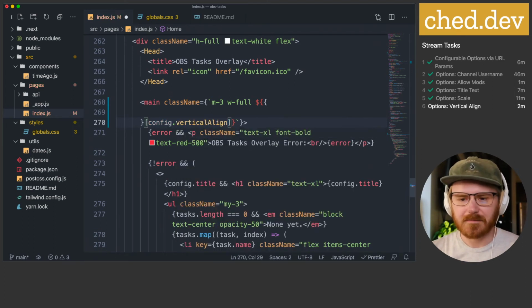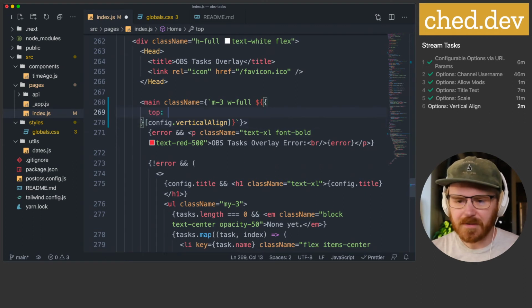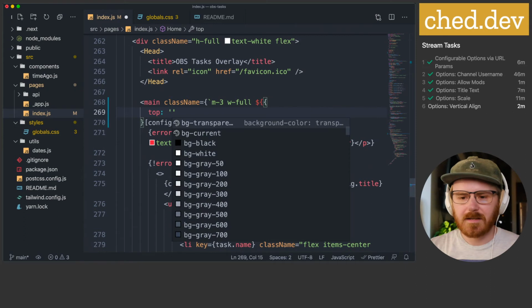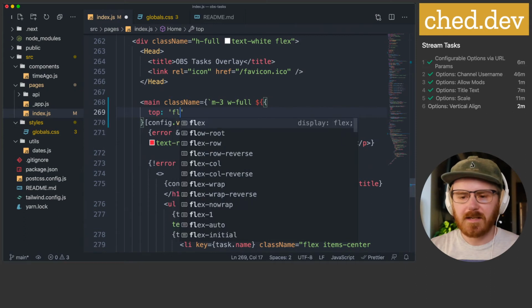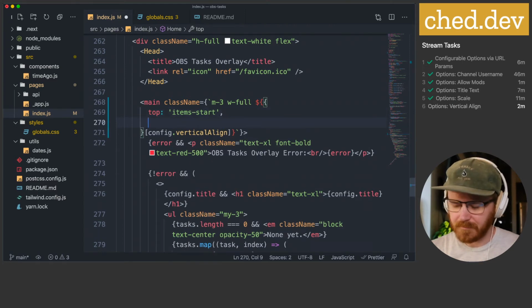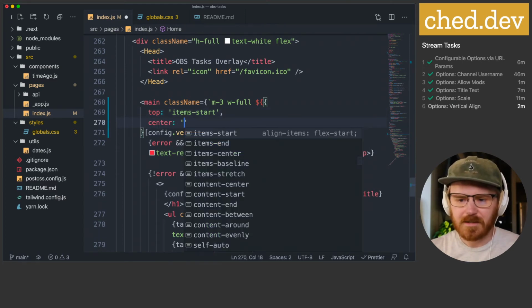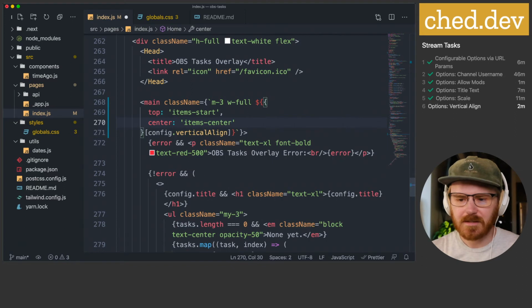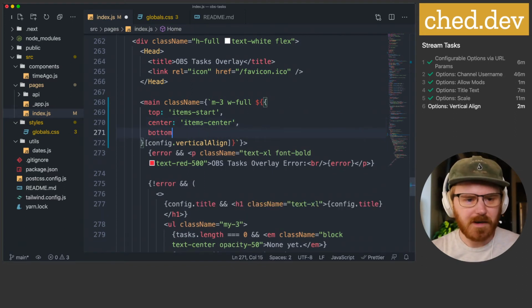Config.vertical align. And if it is top, say items start. If it's center, items center. Oops. And then if it's bottom,